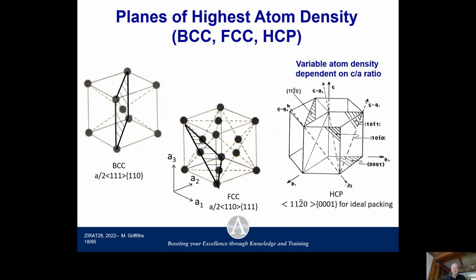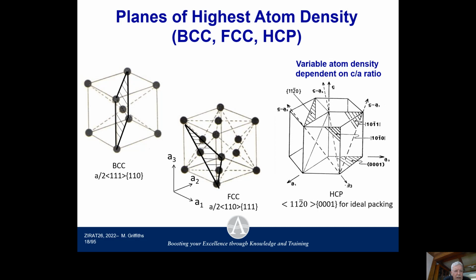With these three crystal structures, which you'll come across in stainless steels, each one has a characteristic plane within the material where you have a high density of atoms. And typically when you have a high density of atoms, that is what would define where you will get a lot of shearing, slip in this particular case. And so the Burgers vector for a slip on the 110